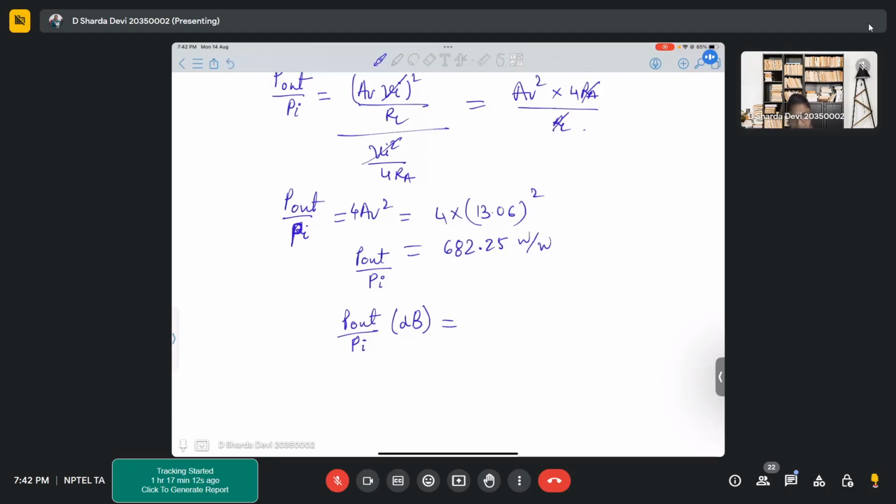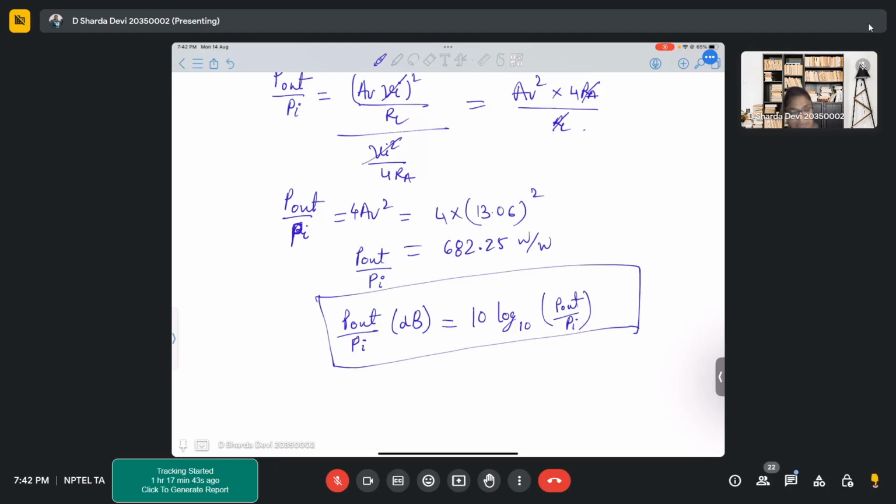But my main question is, how do you find the power gain in dBs? 10 log to the base 10. Are you sure? Yes, 10 log base 10 of P out upon Pi. Yeah. So we have to keep this in mind, and this is very important, that power gain is always 10 log 10,